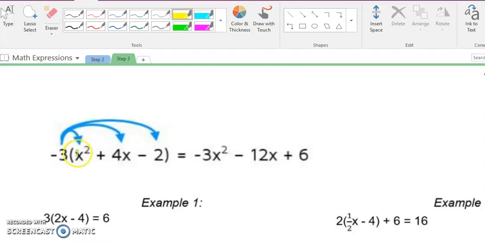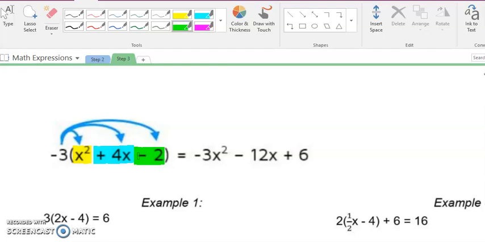And it can work with more than just two terms inside the club or inside the parentheses. Here we have x squared. I'm going to stop highlighting because I got to an operation symbol, a plus sign. Positive 4x, negative 2. I strongly recommend using colors or at least underlining or putting the terms in boxes, especially when you're first starting with this concept, because it really helps to keep things organized and then you won't forget to distribute to a term. It helps you to easily see that there are 3 terms in this expression because I've used